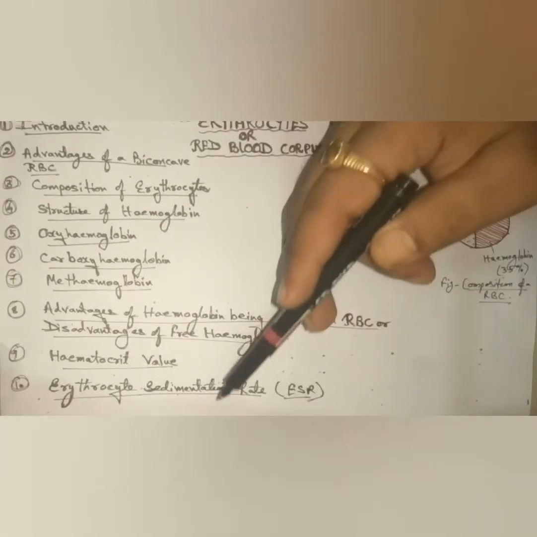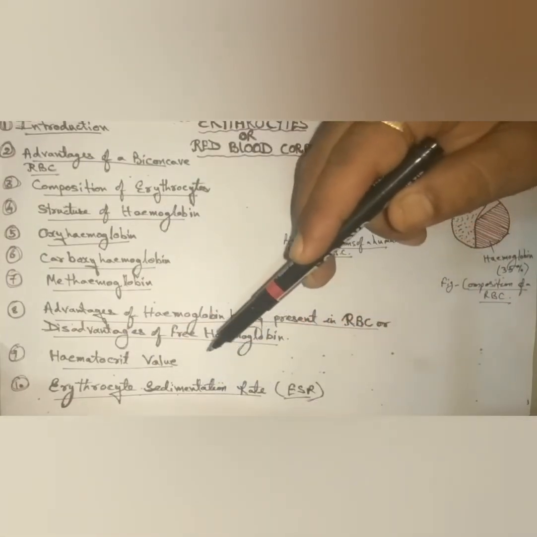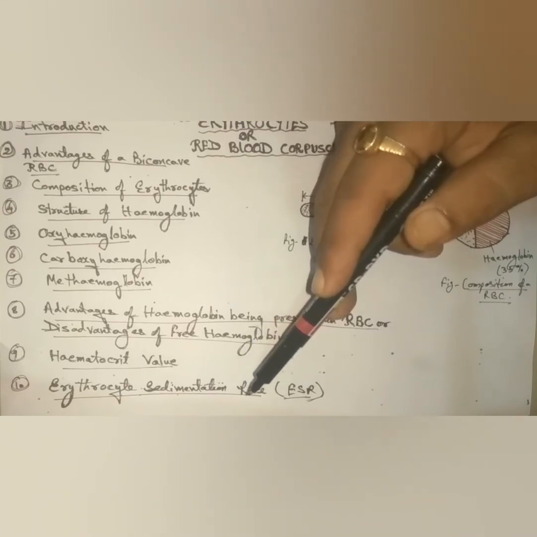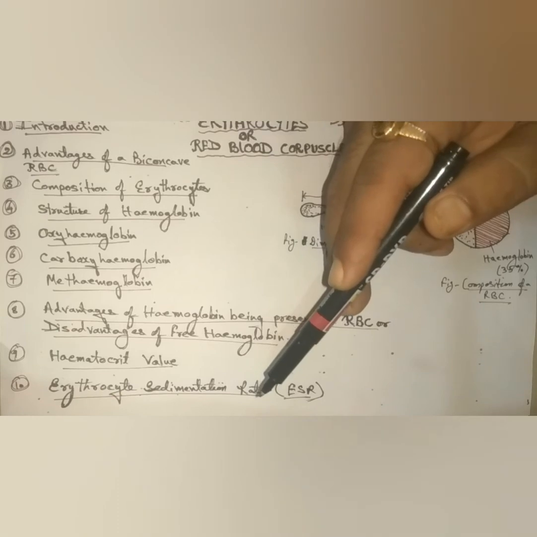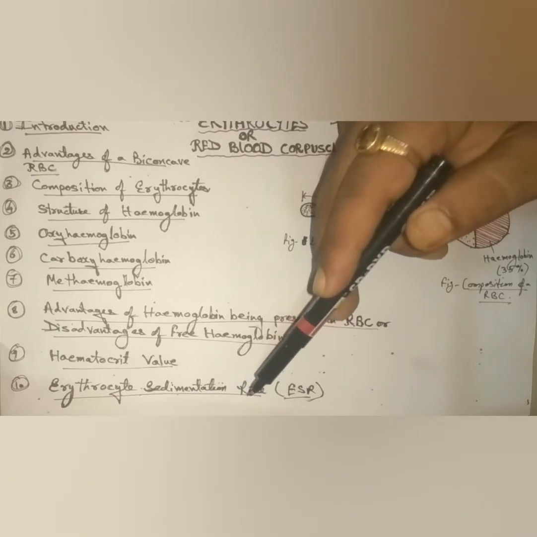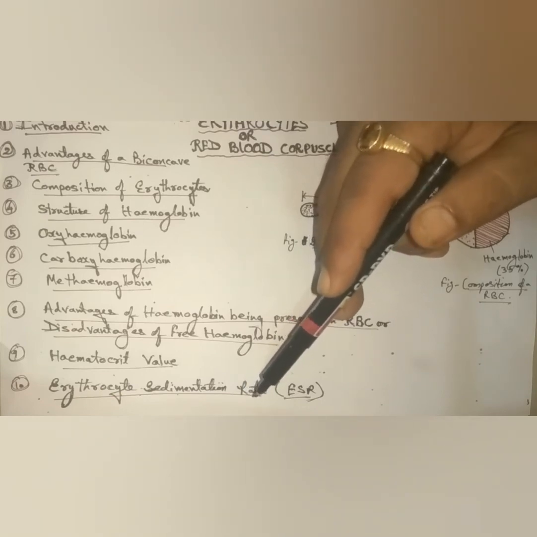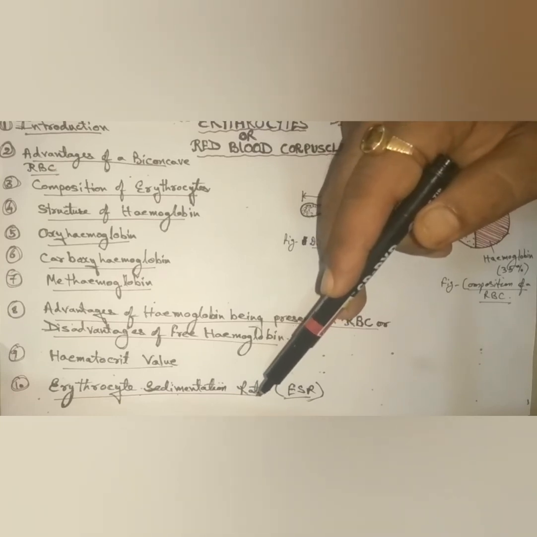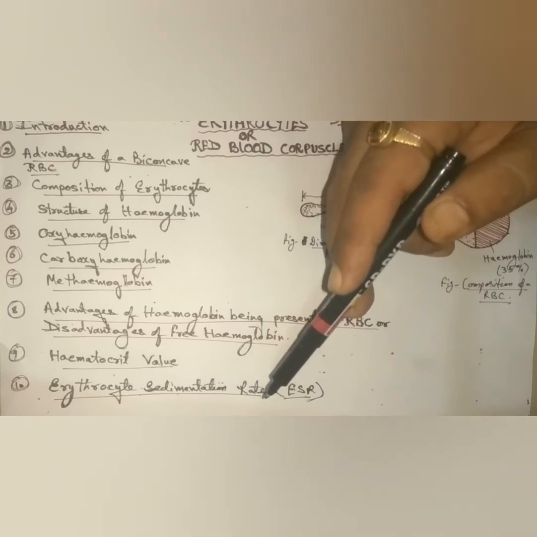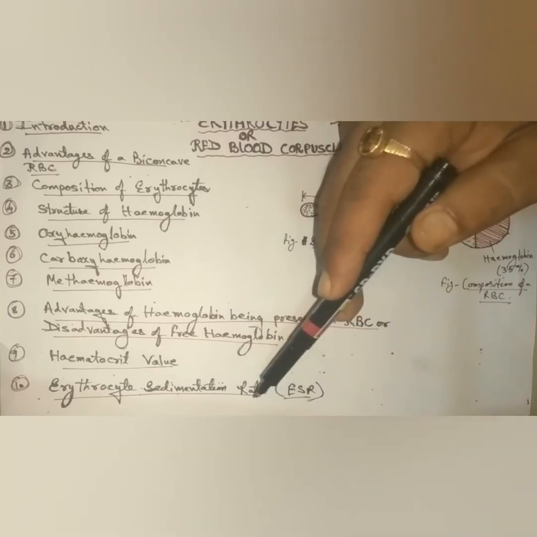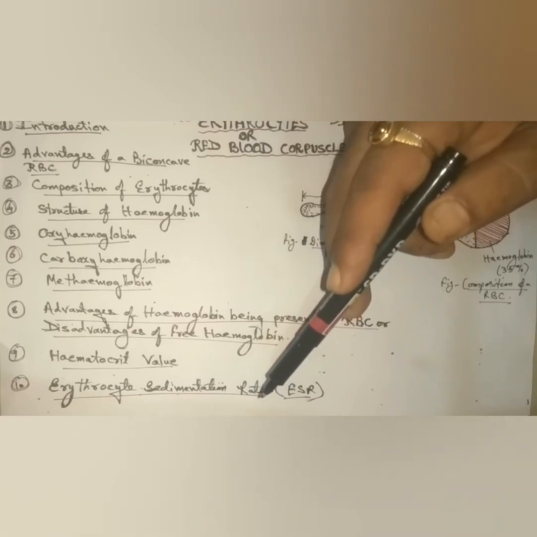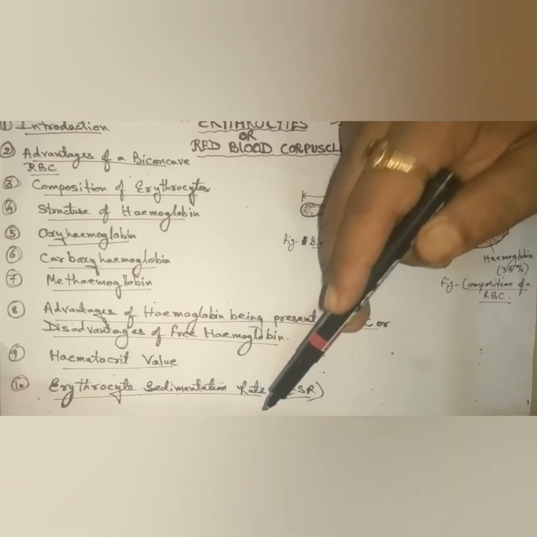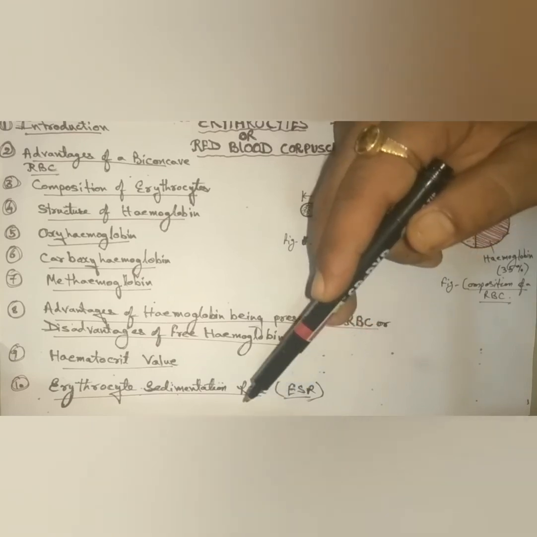Next, erythrocyte sedimentation rate, ESR. Take a sample of blood and put a crystal of oxalate in it. This will prevent the coagulation of blood. Now keep it undisturbed for some time in a long, narrow, graduated tube. It will be seen that erythrocytes gradually settle down due to gravity and clear plasma is left in the supernatant. The tube should not be centrifuged. The rate at which these erythrocytes settle down is known as erythrocyte sedimentation rate. This value is very useful in diagnosing various diseases.